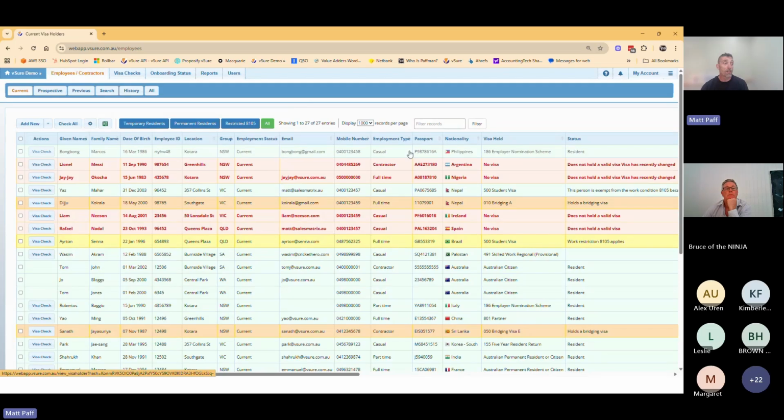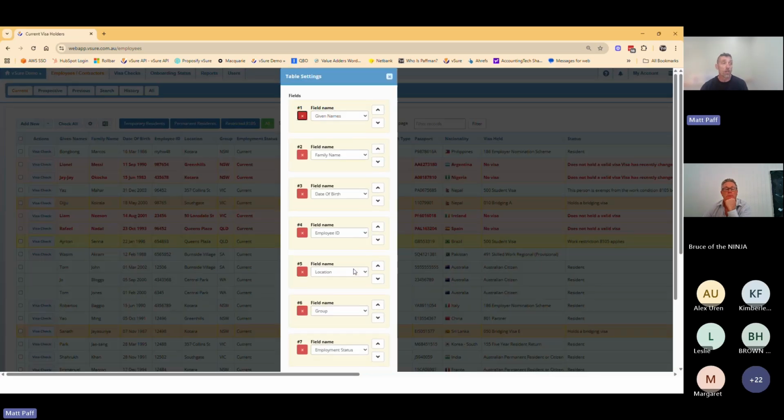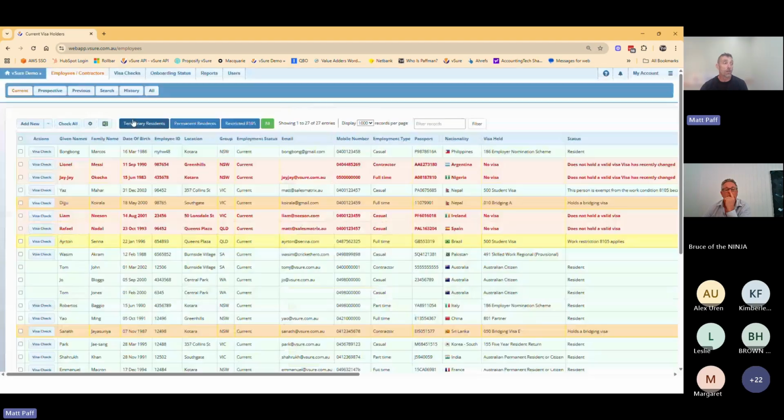This is a list of all my current employees. I might want to move around my columns or delete columns that I don't want. And then when I hit the Excel button, what you see is what you get gets taken out to Excel. Okay, so that's one way of writing reports. You basically just come in here, you use the cog, you put the columns in the order that you want, and then you output to Excel.